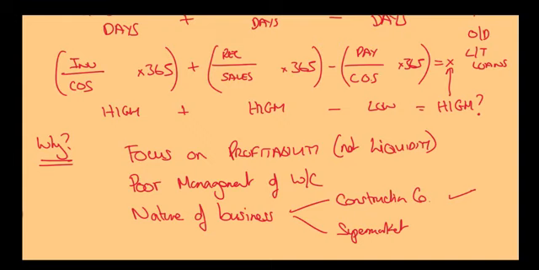Whereas the supermarket, yes, they have lots of inventory, but they turn it over really quickly generally, and they will have no receivables because generally you just pay them cash, don't you? So a supermarket wouldn't have a high cash operating cycle. Generally, they'll have a very, very low one. Okay, all right. So on the other sessions, we'll have a go at doing some figures on this, and focusing a bit more on how we fund it and the costs of funding. All right?